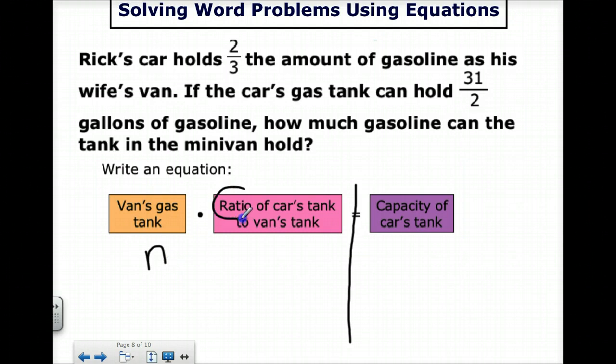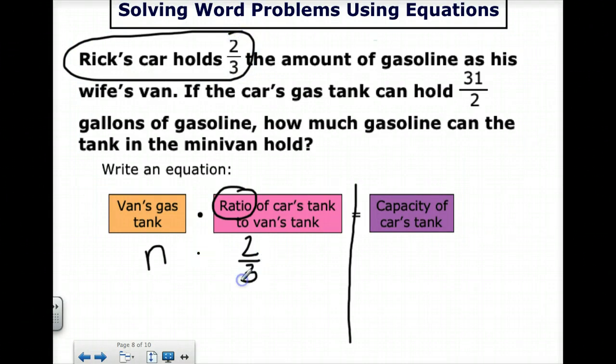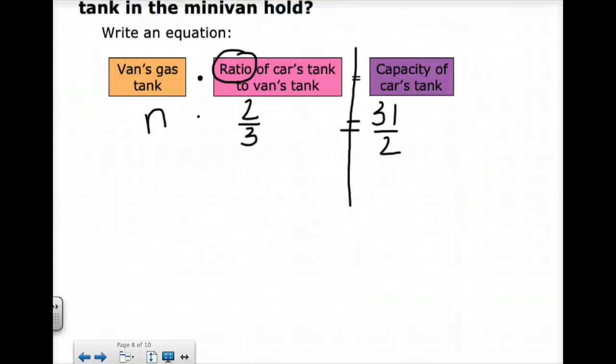The ratio of the car's tank to the van's tank, we're looking for a ratio, car to van. Rick's car holds 2/3 of the van. And the capacity of the car's tank, the car's gas tank can hold 3 1/2. Again, I'm going to extend the page. We want to rewrite this equation so that we have the coefficient before the variable. 2/3 n